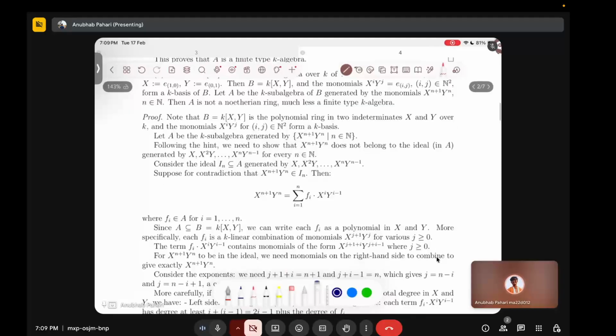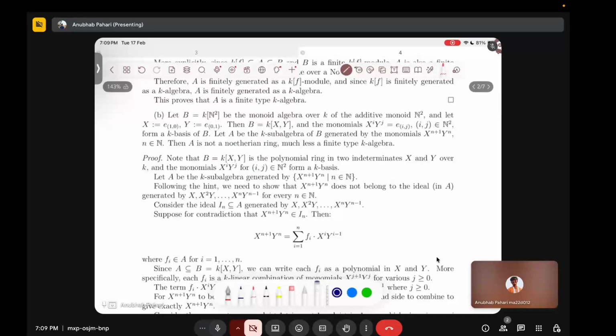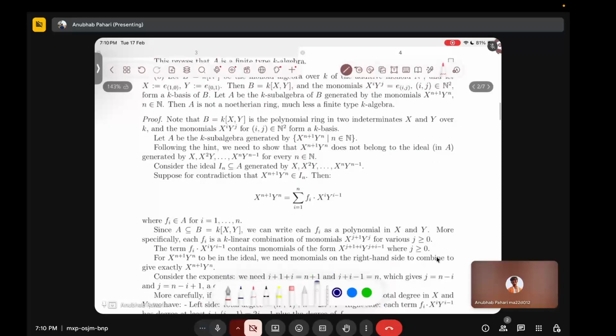Now we need to show that x^(n+1) y^n does not belong to the ideal generated by x^2 y and x^n y^(n-1), for every n belonging to the natural numbers. We need to show that